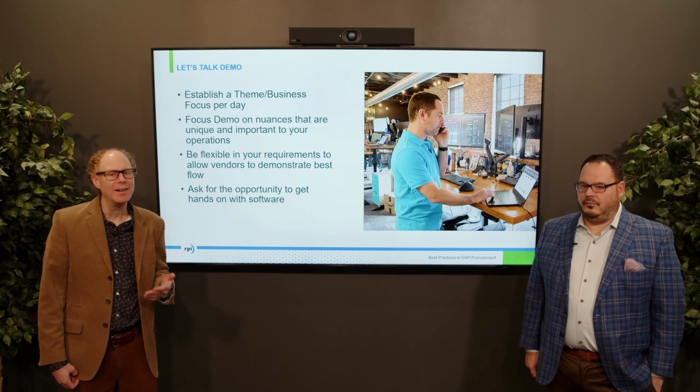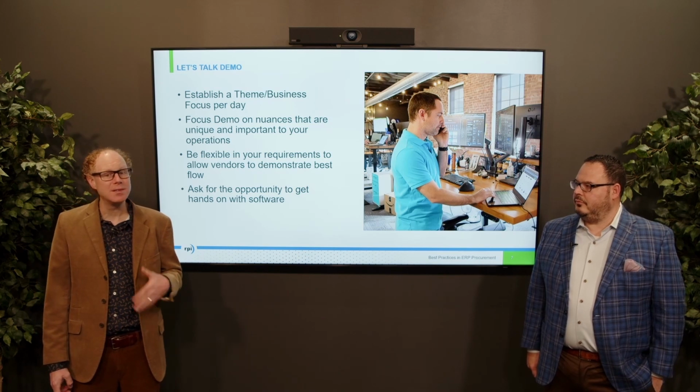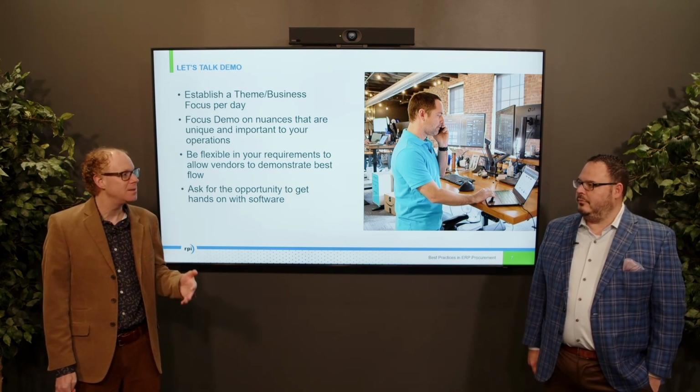Organizations that have really gotten a lot out of the demo phase are organizations that focus their demo requests on capability or system nuances that are really important for their organization and are going to help differentiate the different software packages they're going to see, right? Every ERP system can process a journal entry and pay an invoice. Trust us. Seeing how that works in a demo, sure, maybe that establishes the ease of use, some